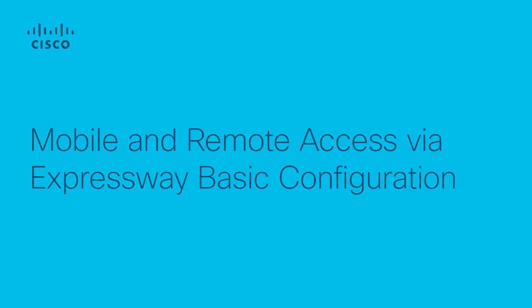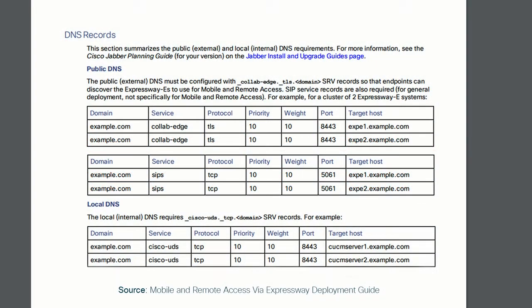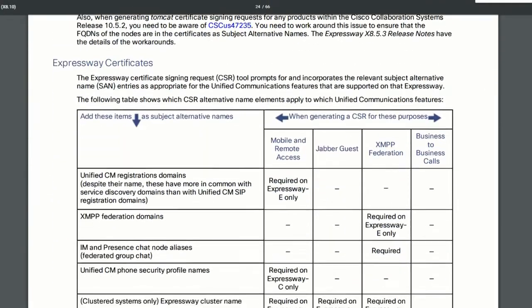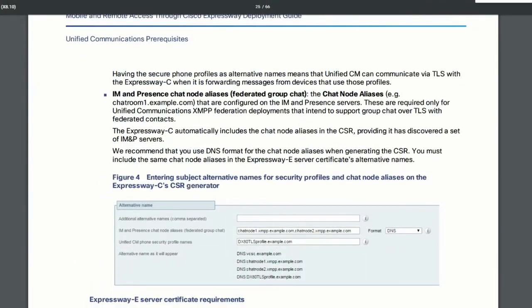In this video, we're going to perform basic configuration on Cisco Expressways to set up mobile and remote access. We're going to assume that your DNS is already properly set up, including the necessary A, pointer, and service records. Additionally, we're assuming that your certificates are already set up, including the proper certificate on each Expressway, as well as